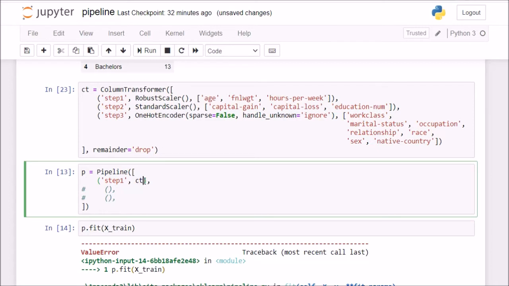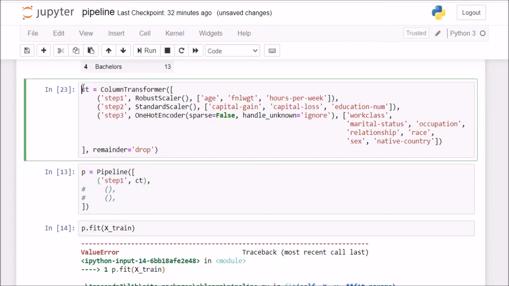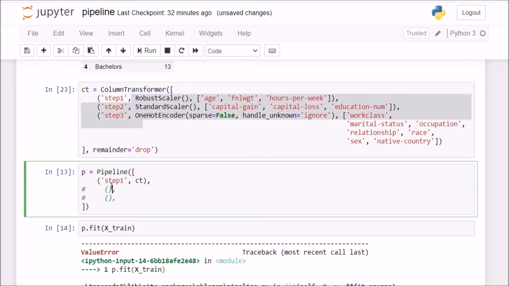The first step is CT, it will find a column transformer and apply these steps, and it will take the result back to the pipeline to go for the second step. So this is how a pipeline works. A pipeline will sequentially apply one step after the other in the order that they were passed. So my step 1, I'll just rename to, for example, col TF step. This is my column transformer step, and I'm passing the column transformer here.